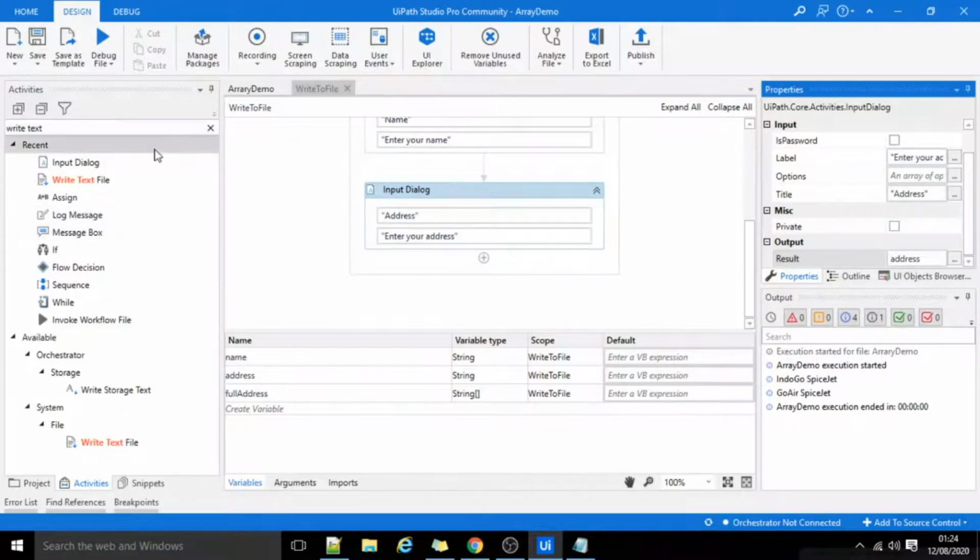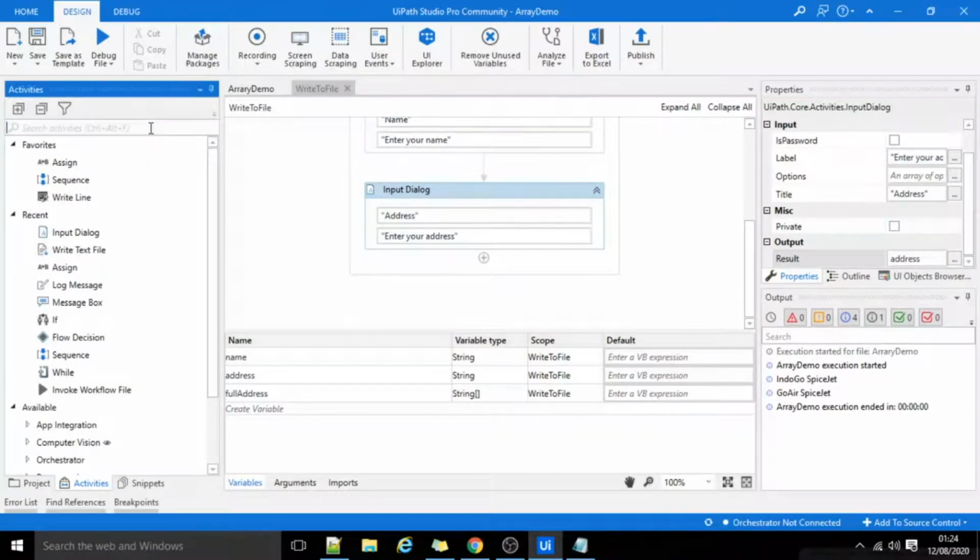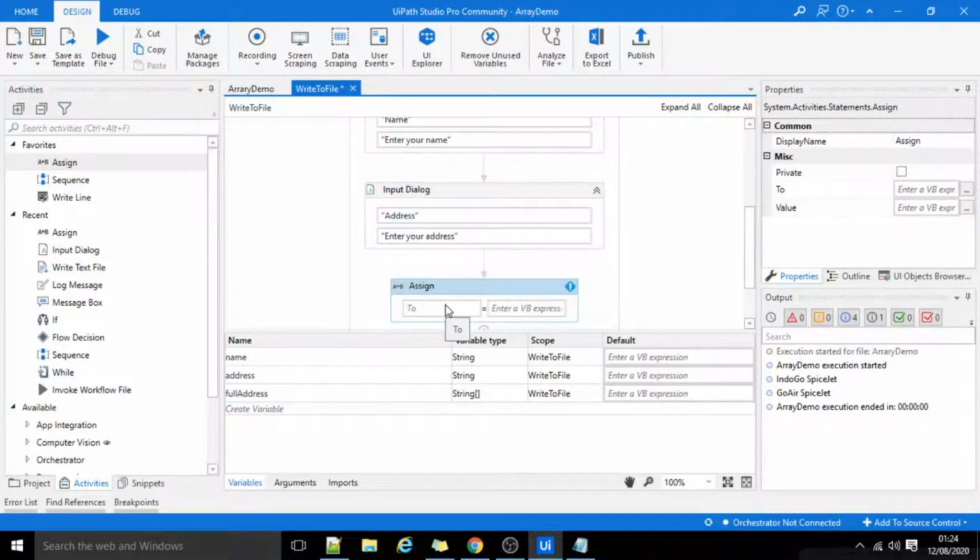Now I'll use an assign activity. Using this assign activity, I'll assign value of name and address to this full address string array variable.